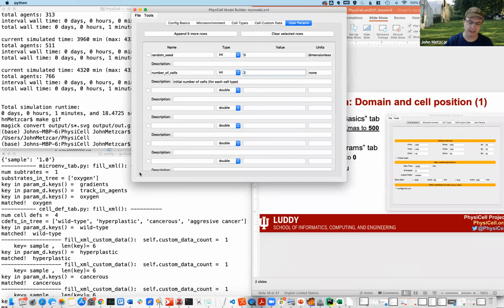I can demonstrate, and this will also demonstrate a couple other things that the model builder can do. So I thought it'd be really interesting to look at